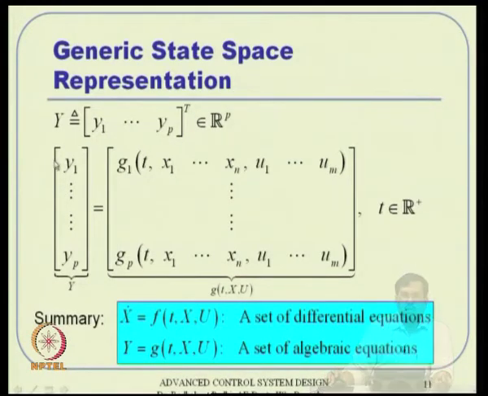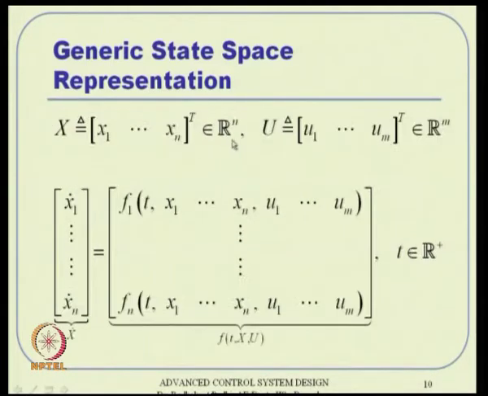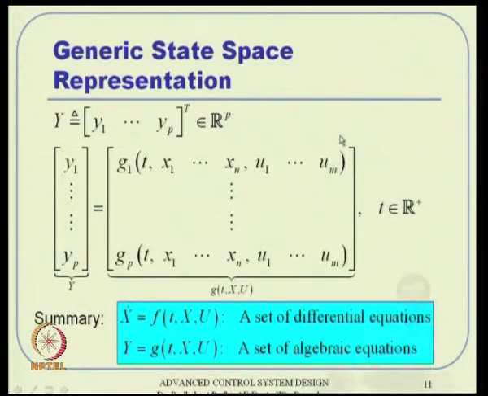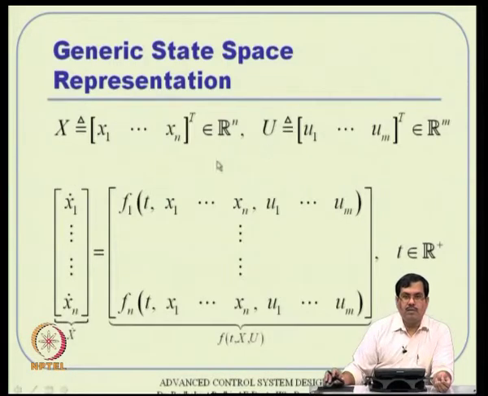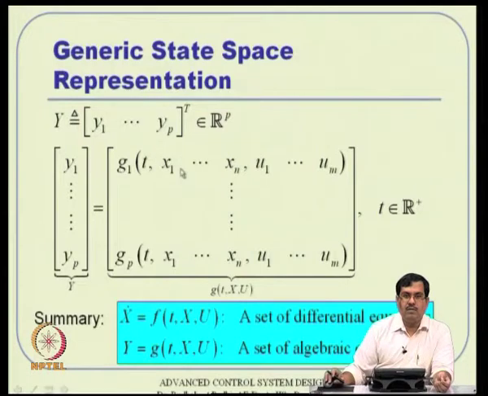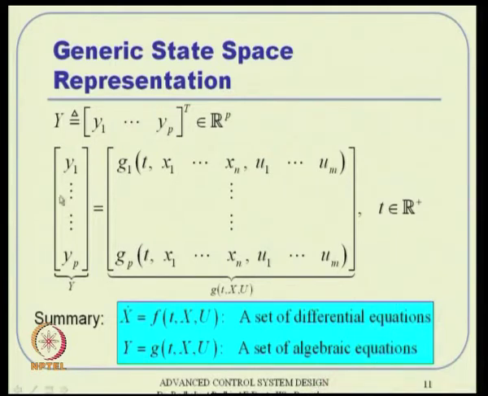Now, coming to the output variables, similar to the state vector and control vector, we will assume that y is a p dimensional vector, by default. It consists of y1 to yp, also a column vector, and all these variables are real numbers. It is very close to what is going on here: x1 dot is something, x2 dot is something, but here it is y1 equal to g1, y2 equal to g2, like that. So, it is a p dimensional vector y1 to yp, given by g1, g2 up to gp.